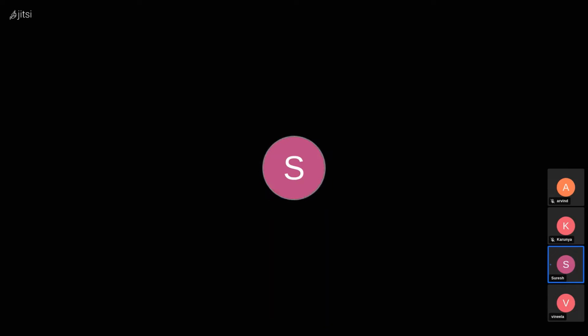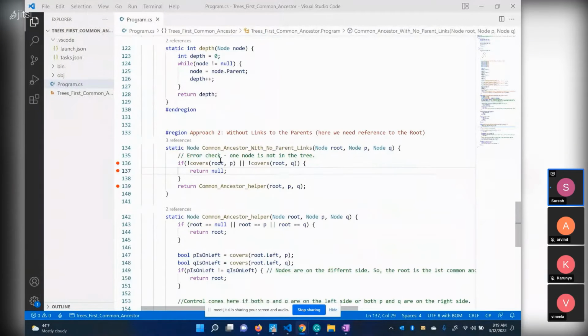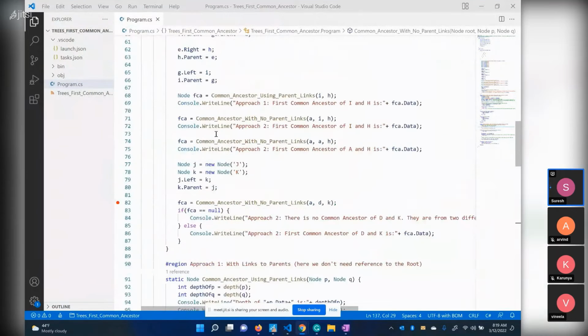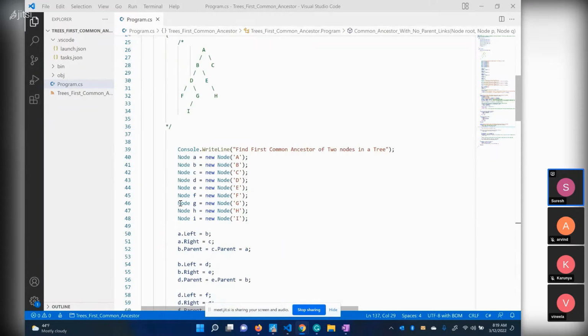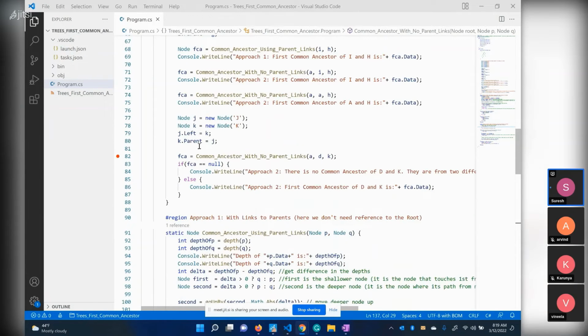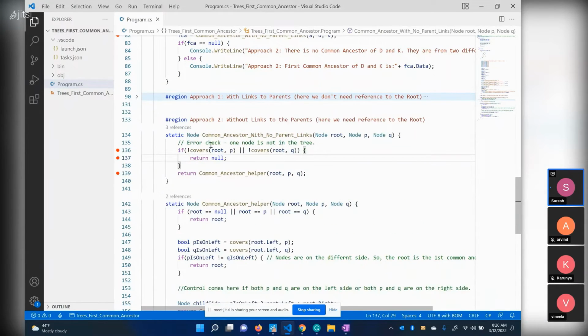Now let me share the screen and share my audio as well. Let me know once you're able to see my screen. Yes, you can see the screen. So here is the algorithm. We had approach 1. Here is the tree I drew. All the setup code and approach 1 we already discussed. We can discuss again later, but since we discussed approach 2 now,